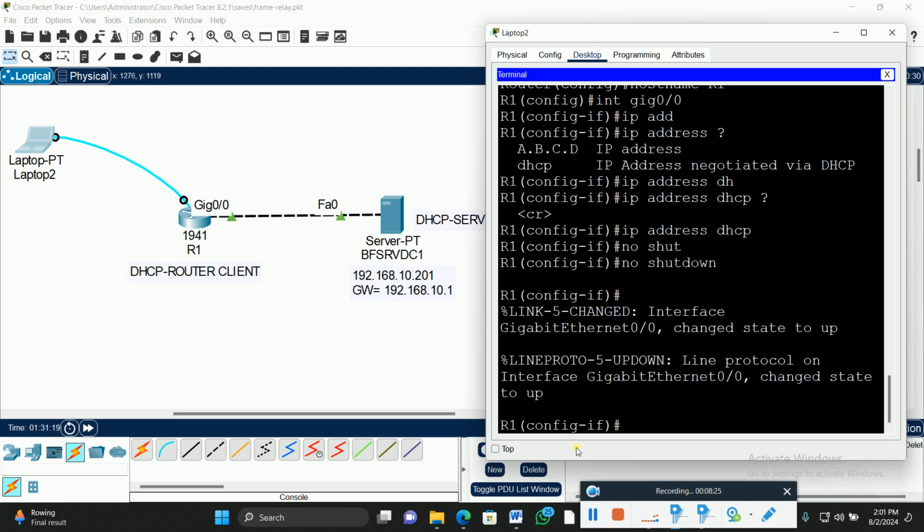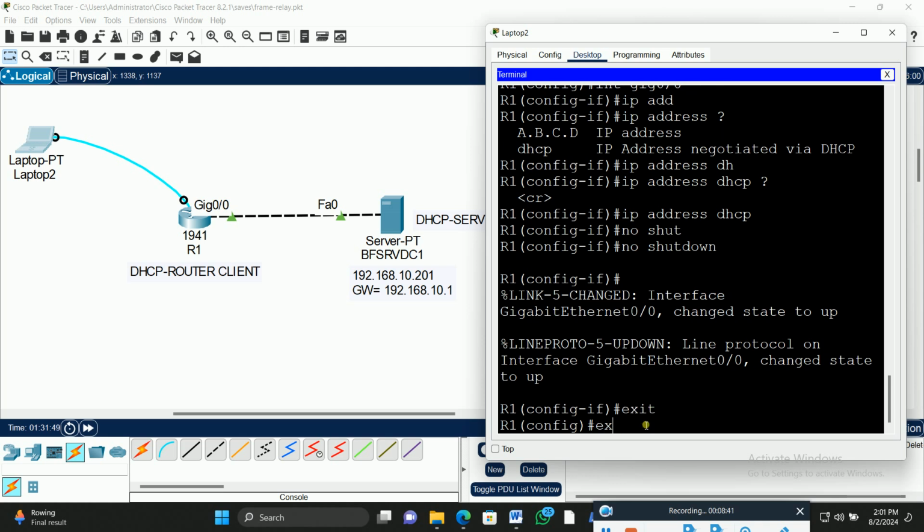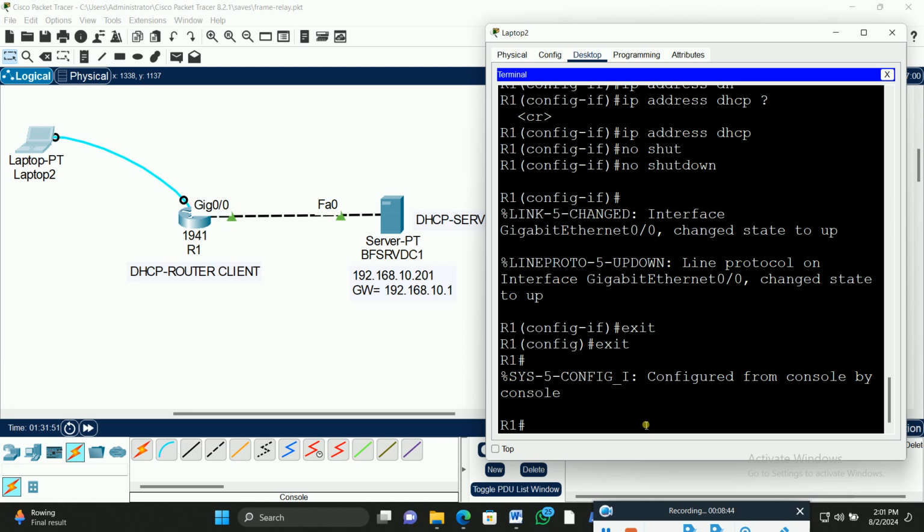Let's try it and see whether the server has given an IP address to the router. Okay. So let's type exit